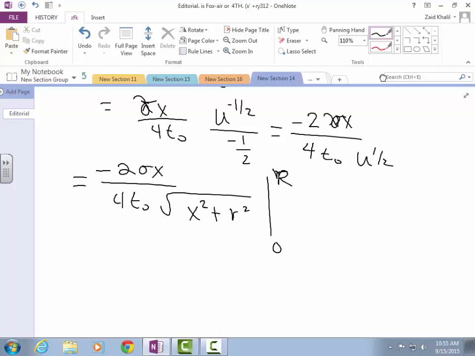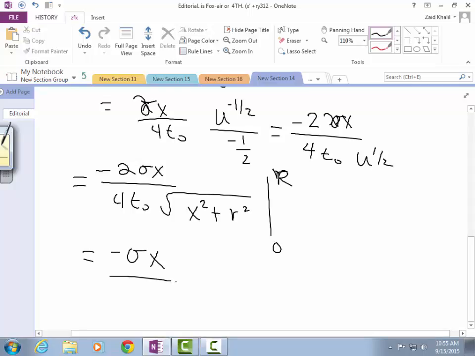But let's not, you know what? No. Let's actually do it. I don't think it's wrong. Let's continue. So this is equal to negative sigma x over 2 epsilon 0, right? And then you're going to have a 1 over the square root of x squared plus big R squared